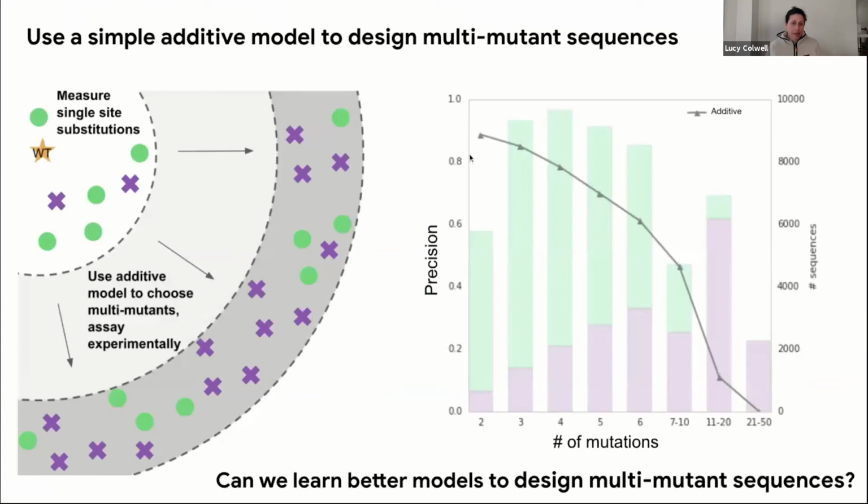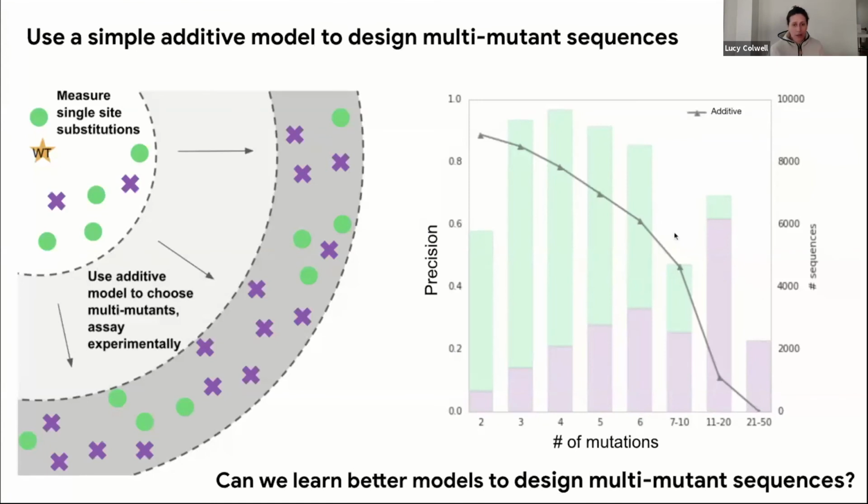And our additive model did reasonably well, but as we get further away, as we take more steps in the space, its precision or its ability to find viable mutants really drops off. And so we're focusing on trying to do better in this region where we're sort of 7+ mutations away from